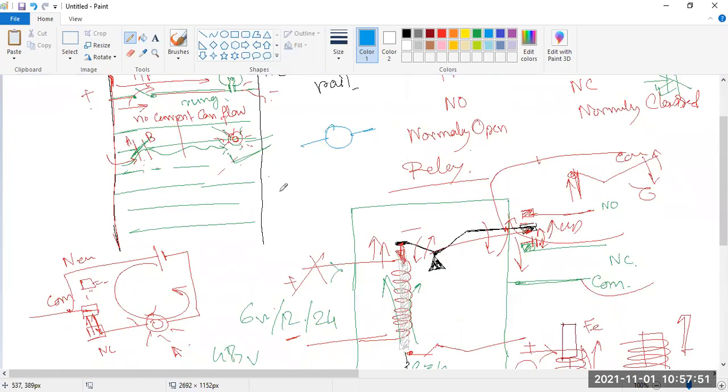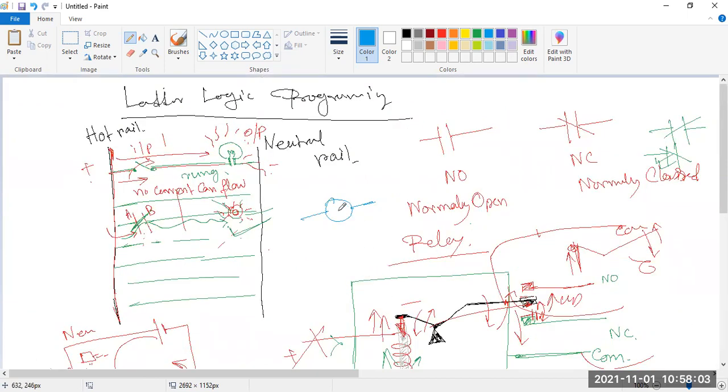Look, in your relay, say this is the 5-volt relay and this is producing the 5 volt, so this coil will be energized, and this is called relay make and relay break. And this type of coil is put over here, and whenever it is getting current and glowing, that's why it is called relay energized, or you can say your coil is energized. Whenever there is no current, it will be called de-energized. Your coil will be de-energized.